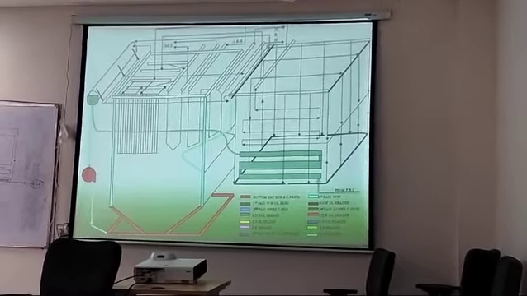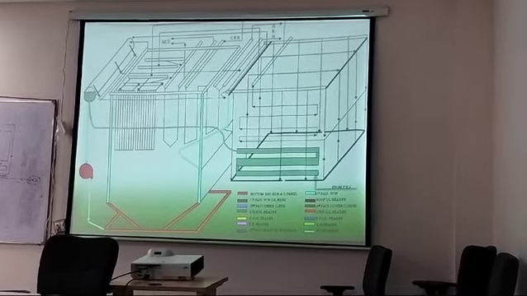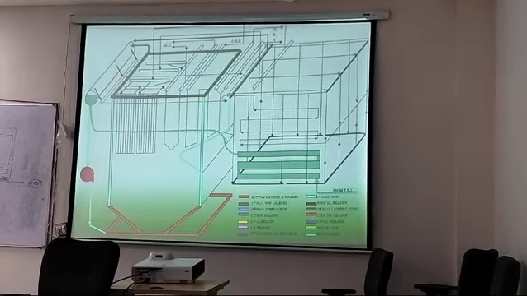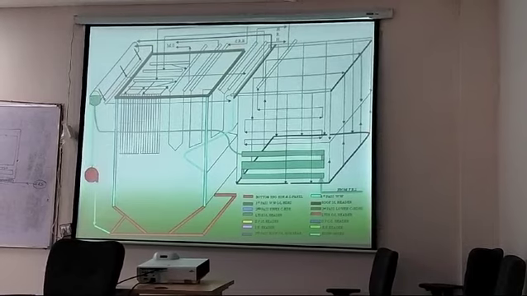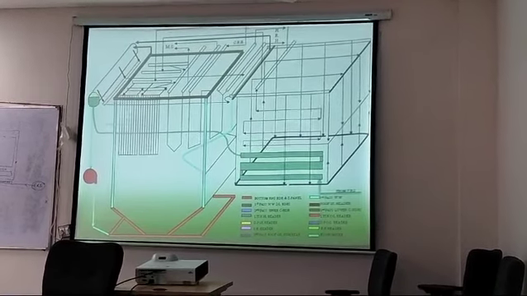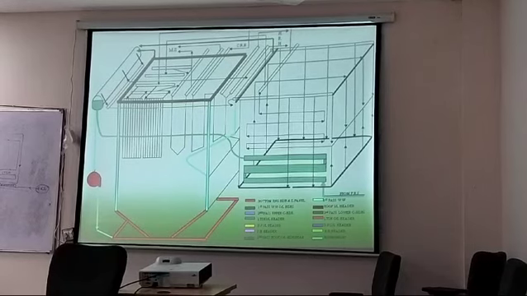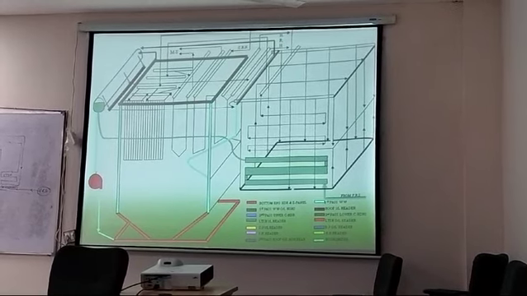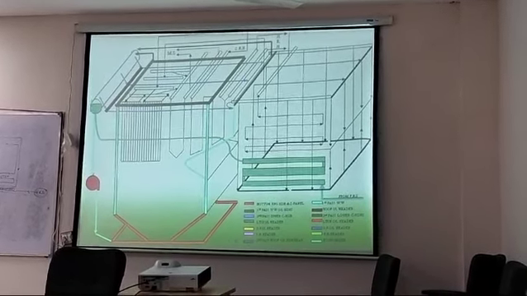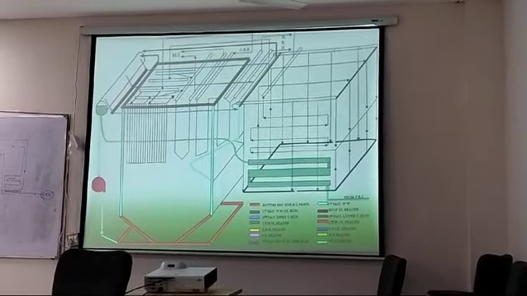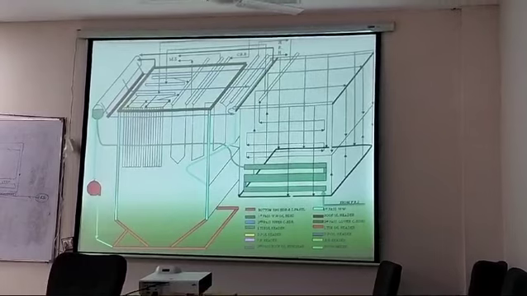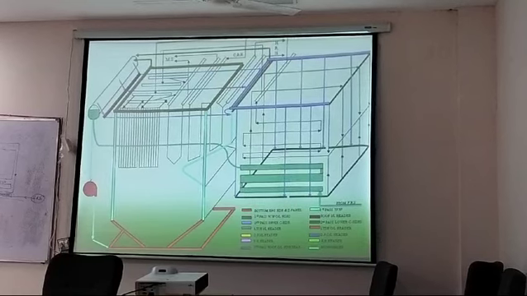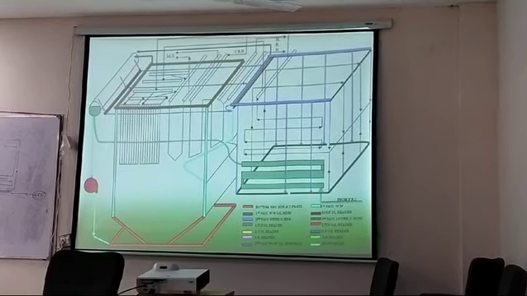water is passing, and during that passage heat is added, and they are becoming a water-steam mixture. And this water-steam mixture is coming to the drum again. There it is getting separated in the drum turbo separators, and once they are separated, this saturated dry steam is coming out to the riser tubes, top steam pipes, and from there it is going to the LTSH, low temperature superheaters or primary superheaters.